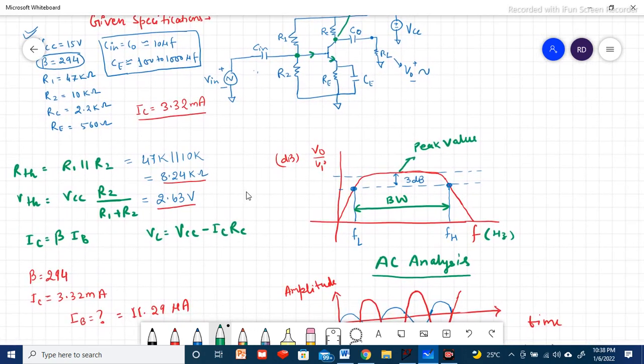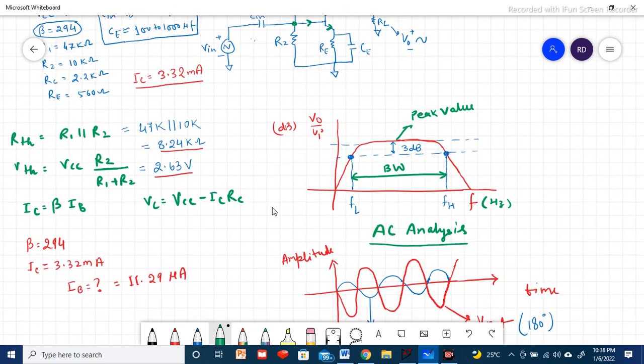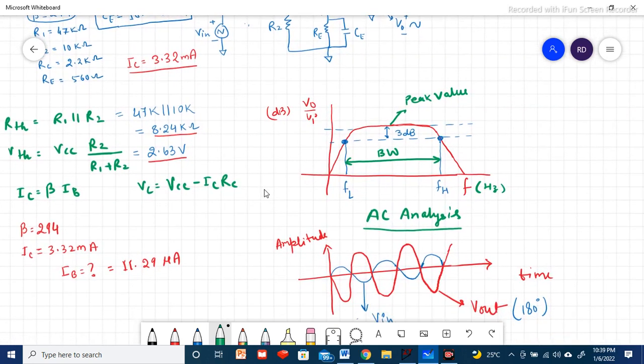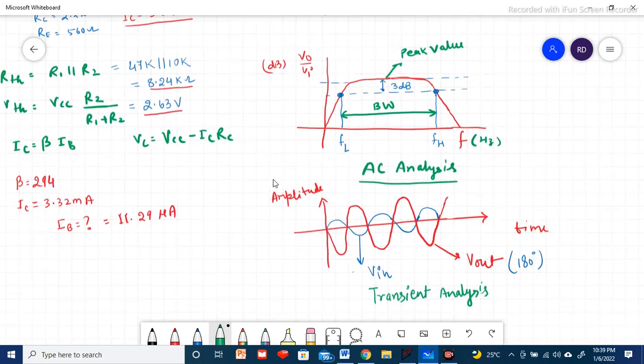So further, when we do the analysis and we see whether our circuit is properly working or not, first we will do the transient analysis. In case of transient analysis, whatever input signal we are applying, which is having the minimum value like 10 to 20 millivolt we can take for a small signal, and then we see the output which is 180 degree out of phase and amplified one. So this verification we will do in the transient analysis inside LT Spice.